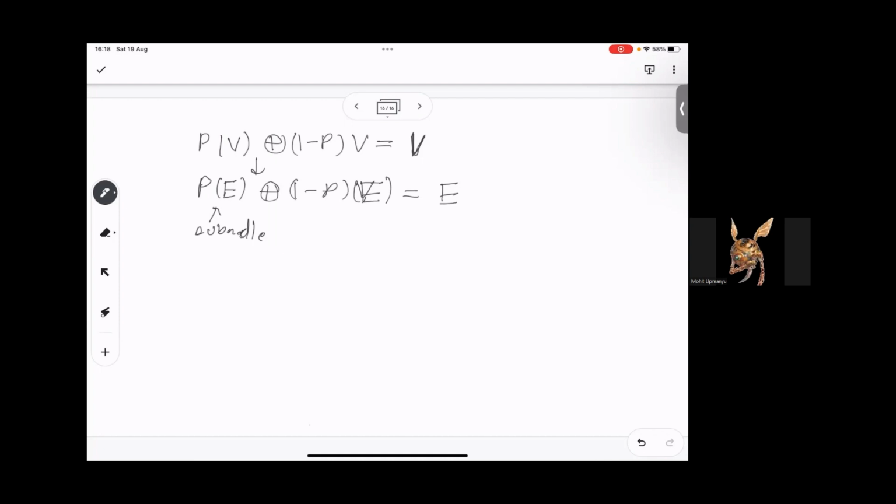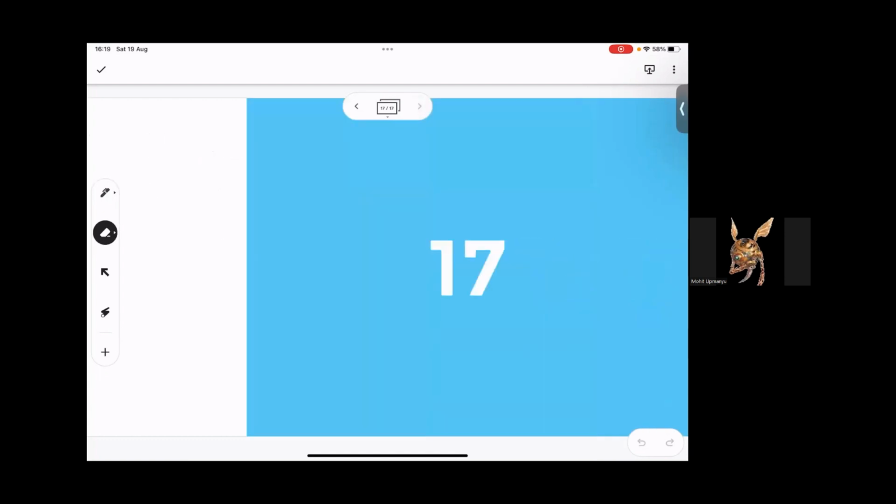Okay, so a vector bundle has a metric, right? So now we move into metrics,